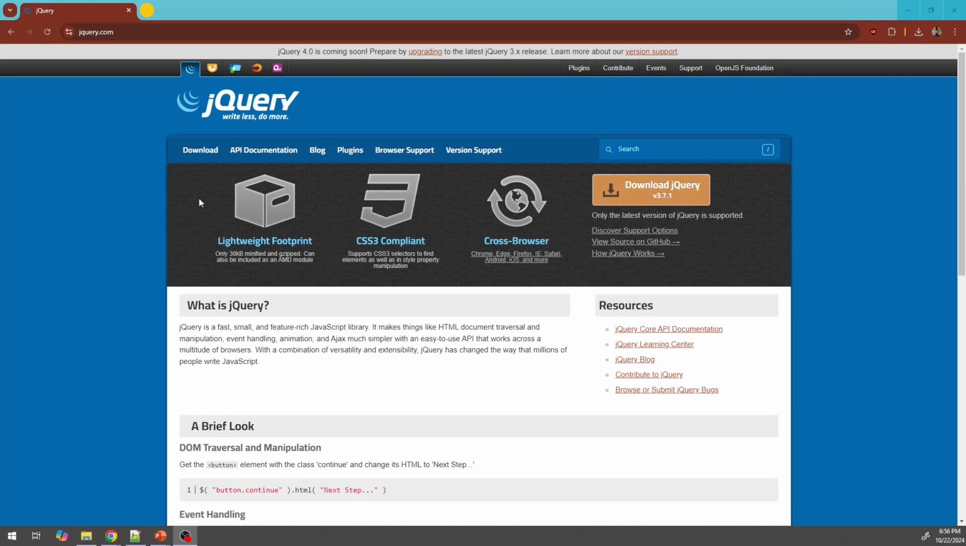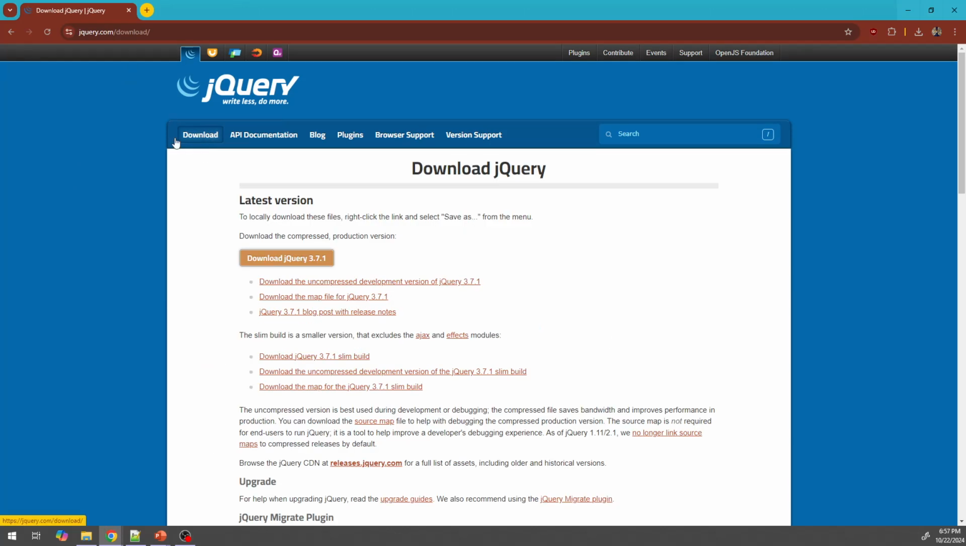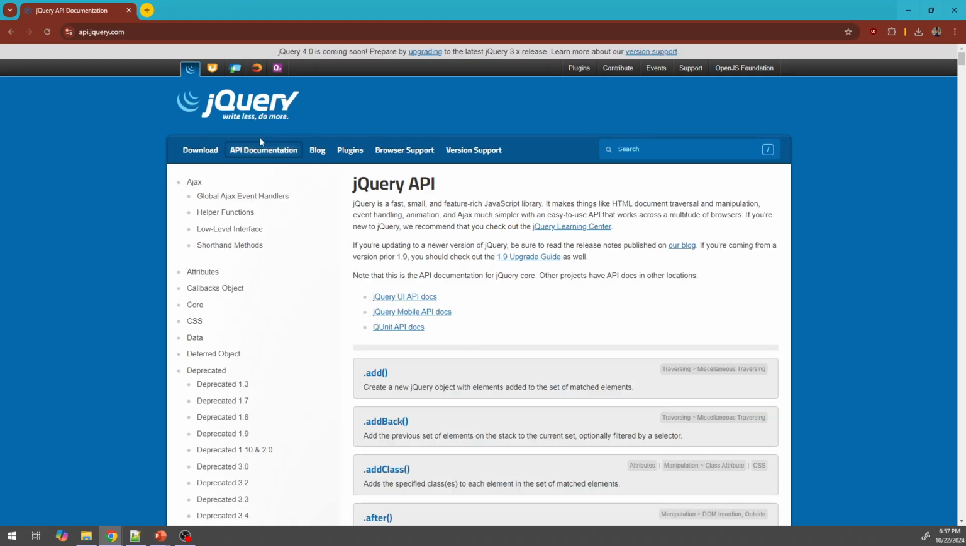And just to show you, this is the jQuery website, just jQuery.com. There is the download tab where you can download it if you'd like to, but for the purposes of this class, we can always just import it directly through a CDN. So as long as you have an internet connection, you can load and run your web applications that use jQuery. And then this API documentation tab